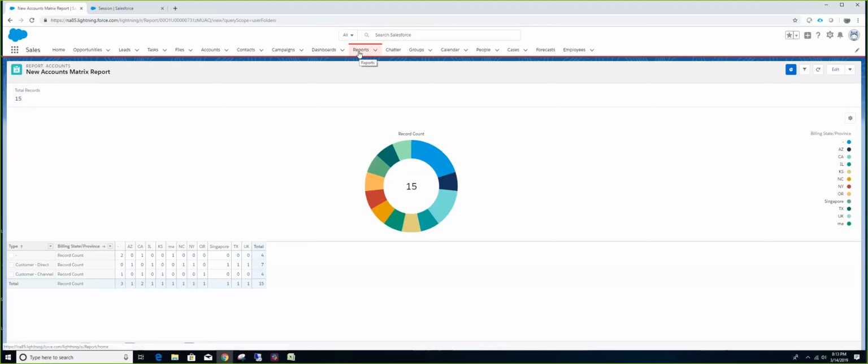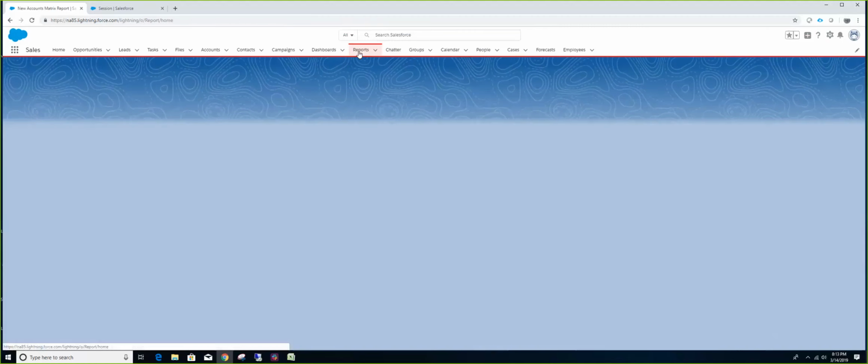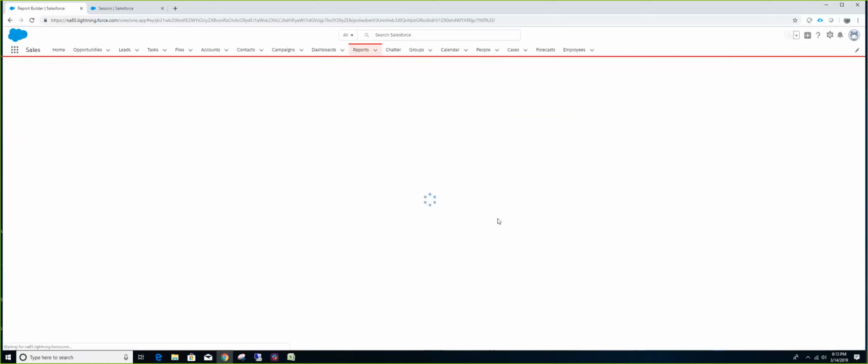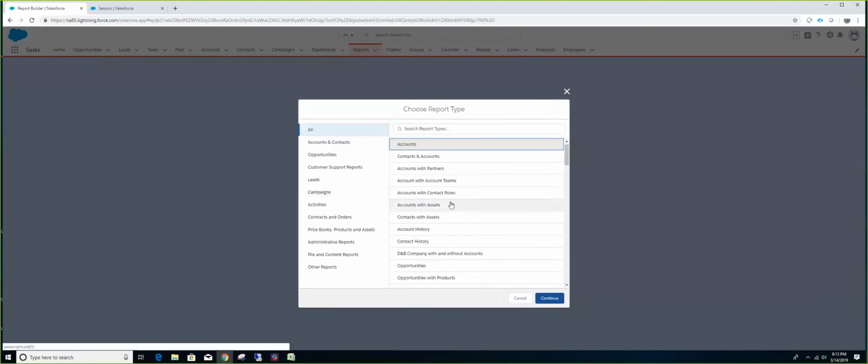Okay. I just want to tell you one other thing, one of the common use cases that people always tend to miss. See, we have these report types, right? These are called standard report types. We didn't create those report types. Those are standard report types that Salesforce provides us. And if you add a field to the account object, or to the contact object, the field automatically appears in that report type.